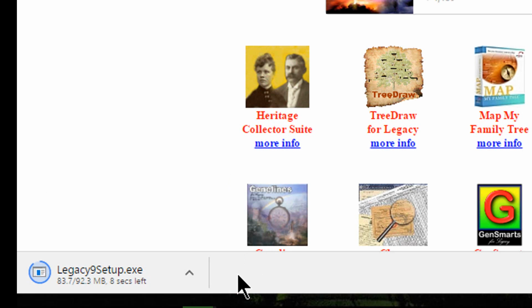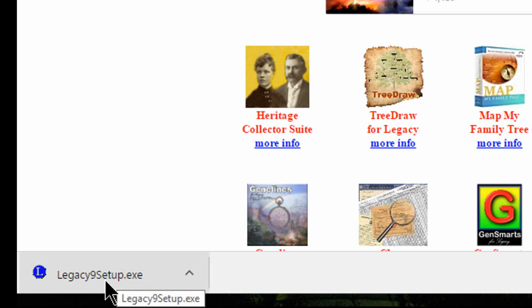The download has almost finished. This is the Chrome browser, so the download will show up here. In Firefox, you'll have a blue arrow near the top of the screen. The download is now finished, and I could click here to execute the installer. We'll also notice that